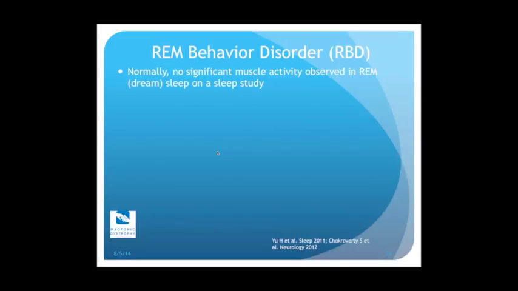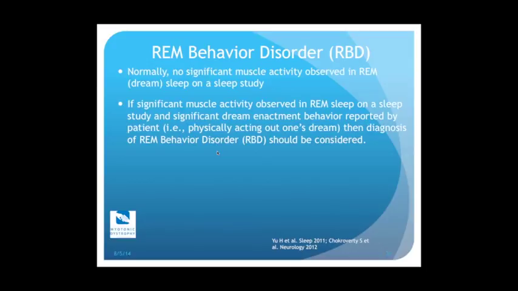So it's REM behavior disorder, RBD. So normally when we dream, this is so fascinating to me, we're paralyzed. And when you stop and think, oh, why would, evolutionary speaking, why would I want my body to inhibit muscle movement when I'm dreaming? Well, it makes sense. You're dreaming of running down the street in the middle of the day. That wouldn't be great as far as survival of the fittest. So normally we do have inhibition of muscle activity during dream sleep.